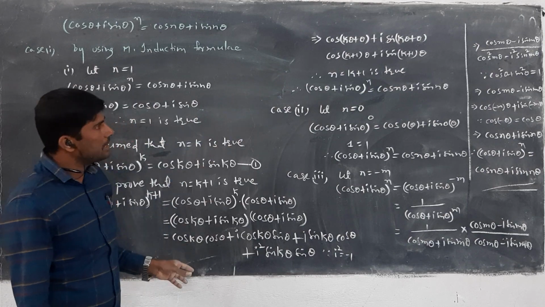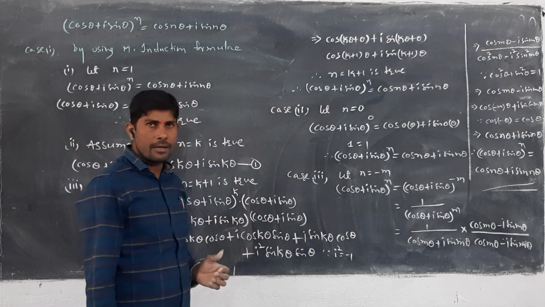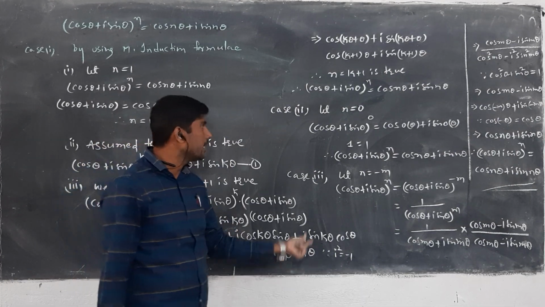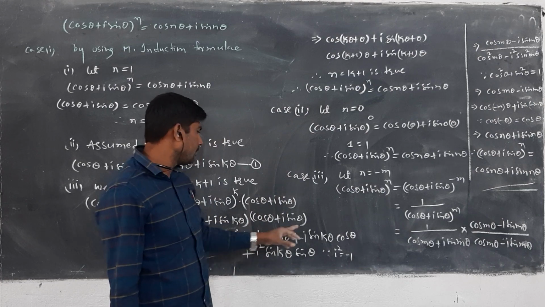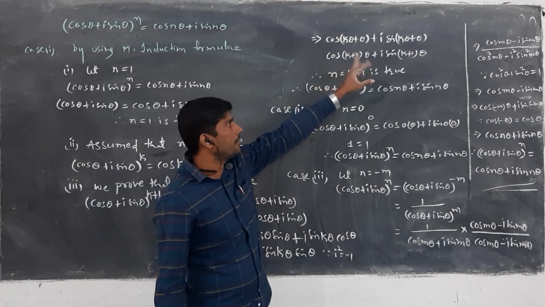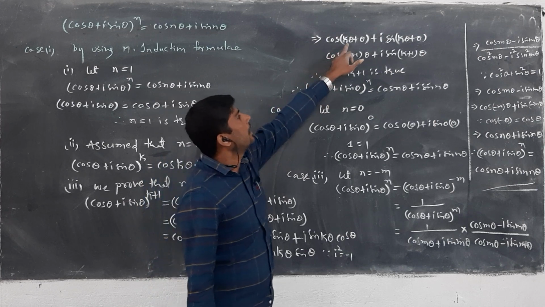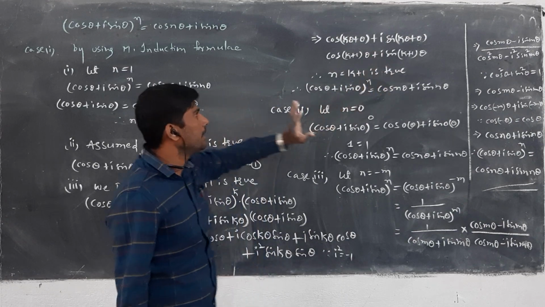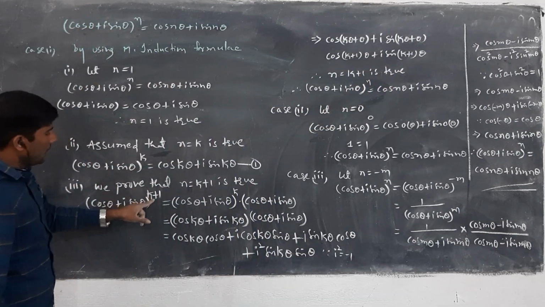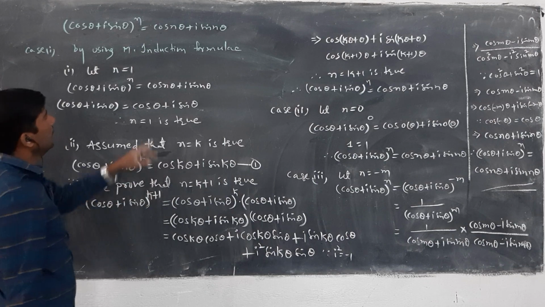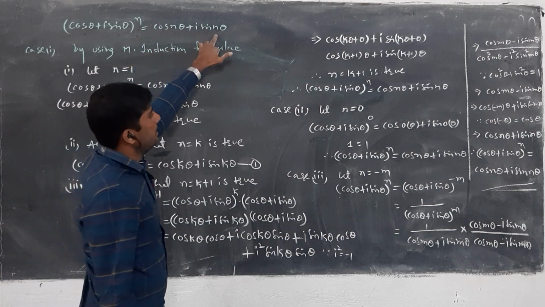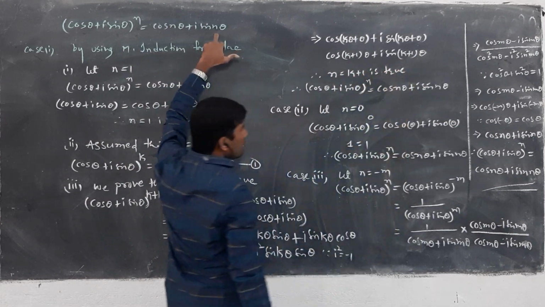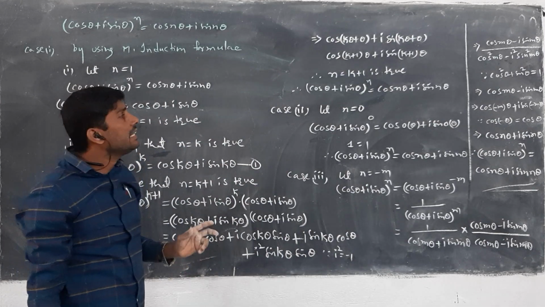We get the cos of a plus b formula plus i sin of a plus b formula. Why? Because cos a cos b minus sin a sin b is cos of (a plus b), and sin a cos b plus cos a sin b is equal to sin of (a plus b). So observe this one, theta is common, we get cos of (k plus 1) into theta plus i sin (k plus 1) into theta. So in place of n we write k plus 1, then cos n theta plus i sin n theta gives cos of (k plus 1) theta plus i sin of (k plus 1) theta. That means in place of n we get the k plus 1 value.